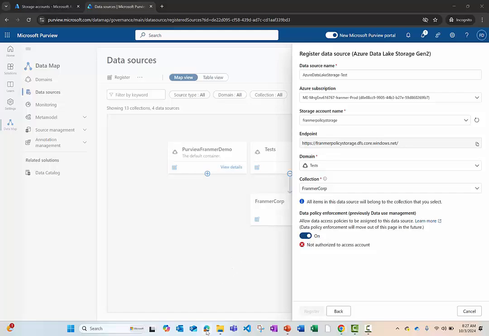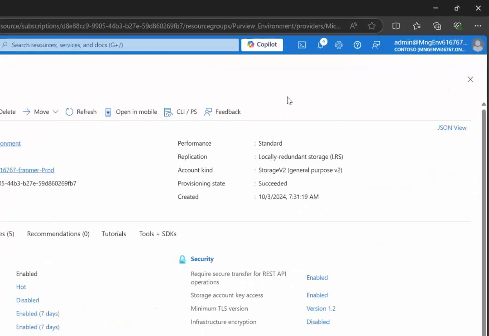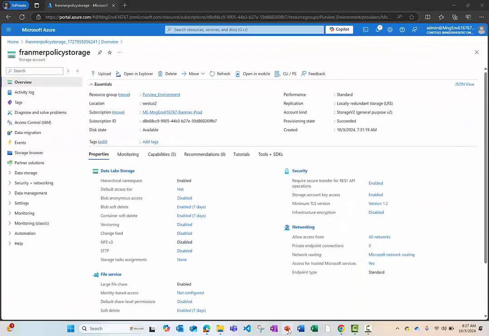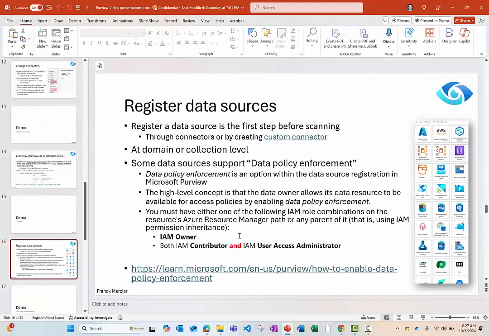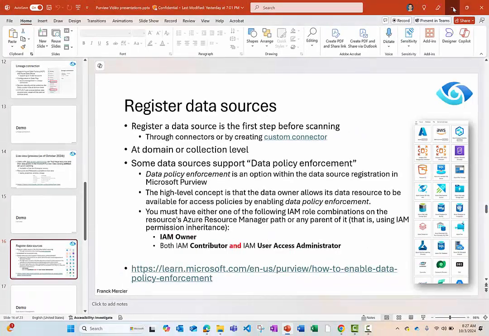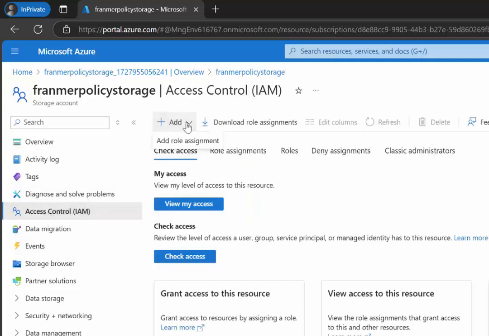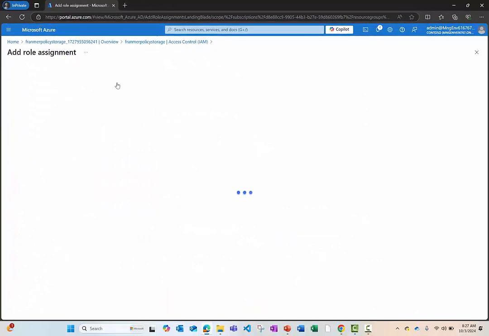So now let's switch to the admin account. Now I am admin. And just to show you, if you want to be able to use the enforcement policies, you need to be either an owner, as I mentioned previously, or a combination of contributor and user access administrator. So let's go here on the storage account, again with my admin account. Here, go in access control, add, role assignment,